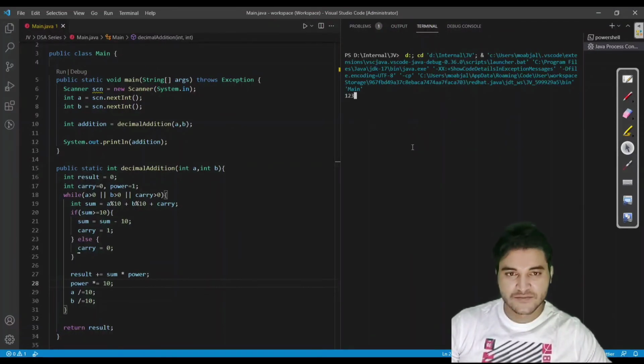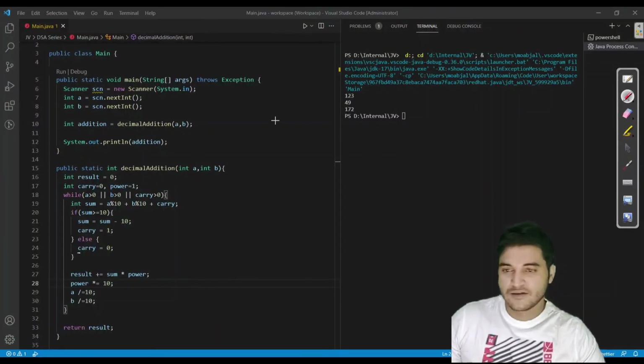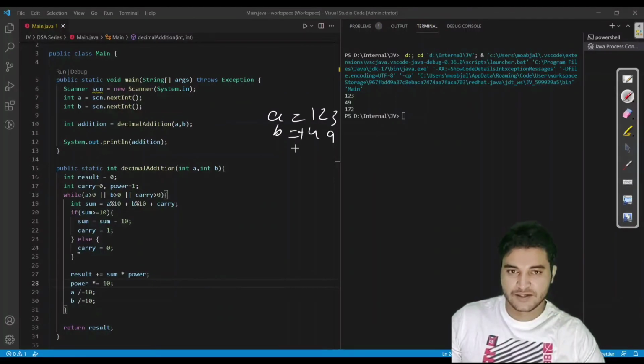So we have entered previously 123 plus 49. So now you can see it is giving us the correct result. Why it is giving us the correct result, let me explain here also. Let us say a is equal to 123, b is equal to 49. We have to add these two numbers.